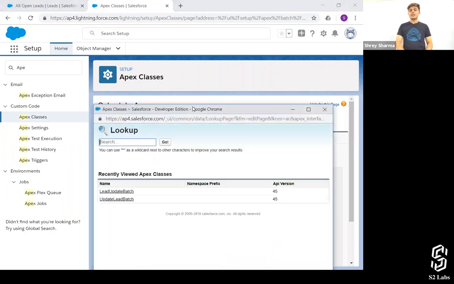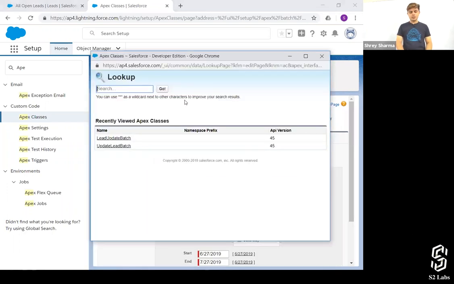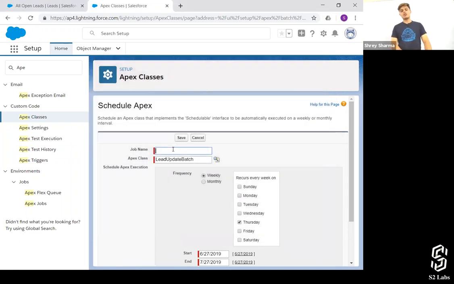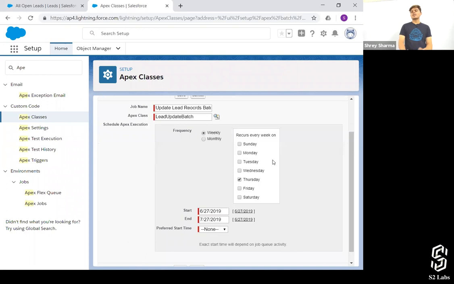Only the classes which implement the Schedulable interface are going to come up. So over here, LeadUpdateBatch is coming up. Let's click on it. Job name: Update Lead Records Batch, that's the name I've provided. Apex class: I've selected this one.